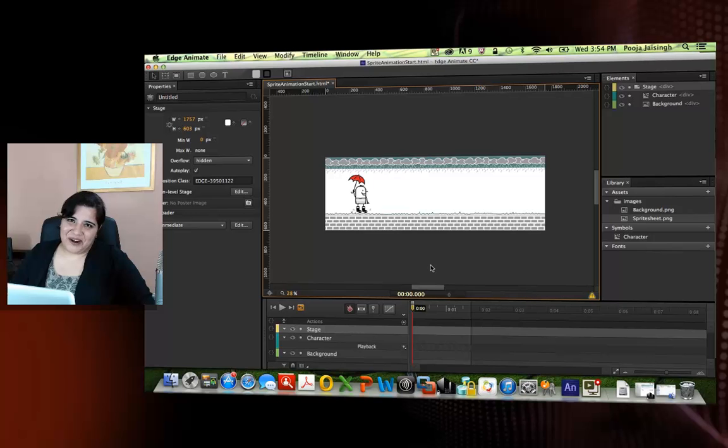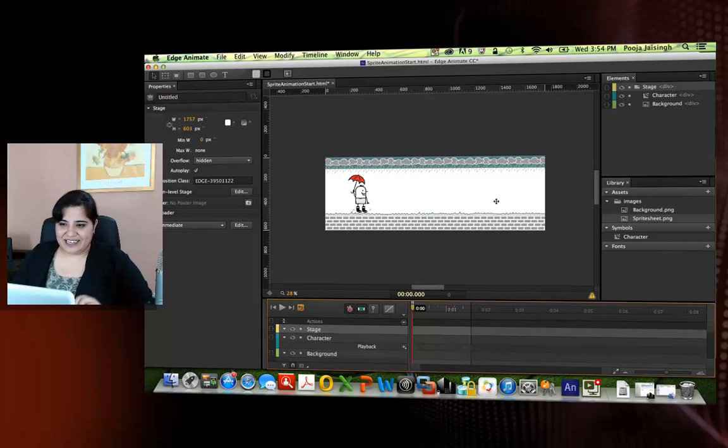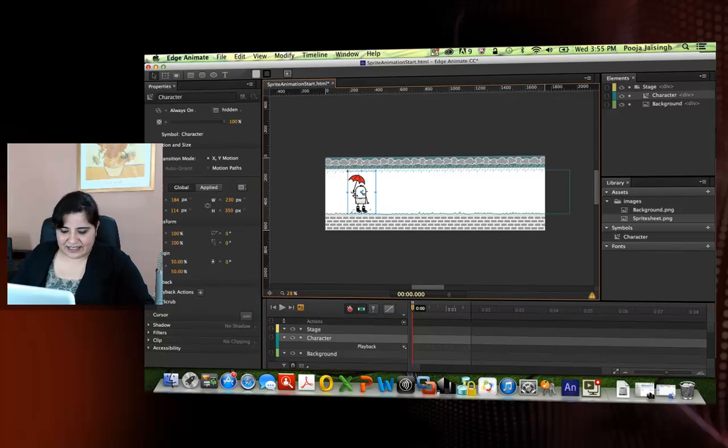And now let's make him walk. You remember we had disabled the auto transition mode previously. Now we will enable it so that it shows the transition. So I'll enable this and then we will make him walk from one end to the other. So let's select this character. I'm pressing the shift key and moving him outside the stage over here. Once done, now is the time to move him to the other end of the stage.